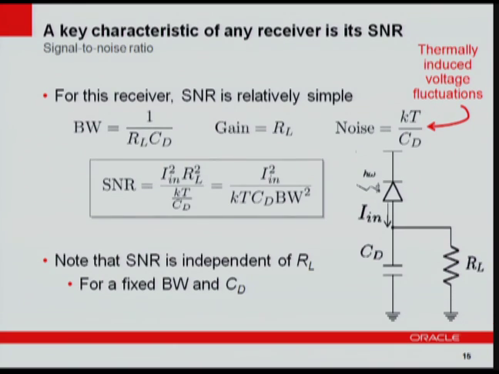If you just write a simple expression for the SNR here, this is a current, the photo-generated current. This is a voltage, or voltage squared. And this is the mean square of the voltage fluctuation. The signal-to-noise ratio, if you re-express this in terms of the bandwidth, you will see that the RL has pretty much disappeared, and the SNR for fixed bandwidth and capacitance